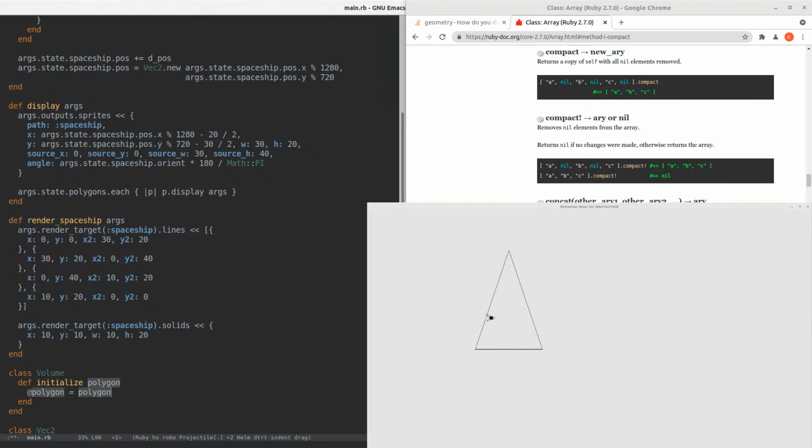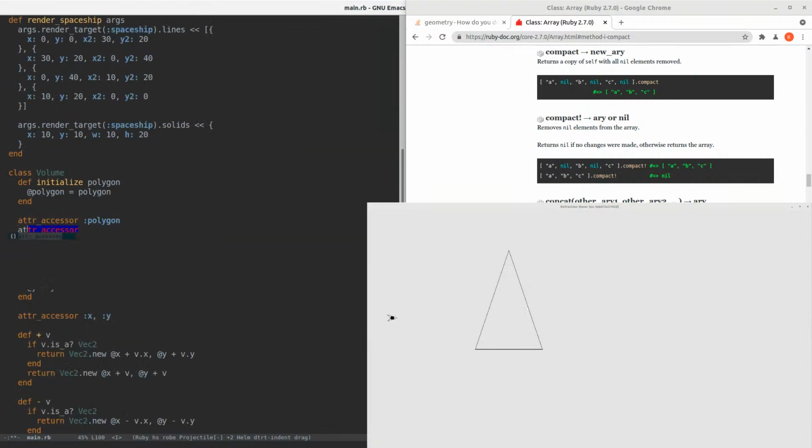Yeah. Right? So we have all sorts of fun things going on now. So we have polygon, and we'll have attribute accessor on polygon. And then the other one that we want is actually our index of refraction,